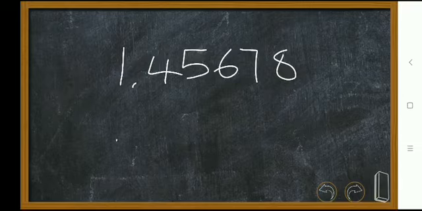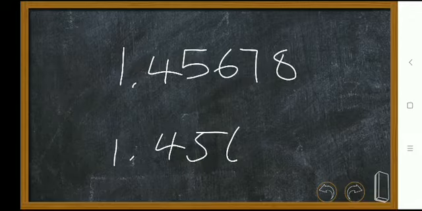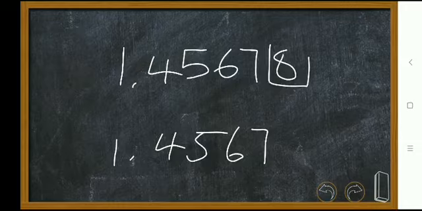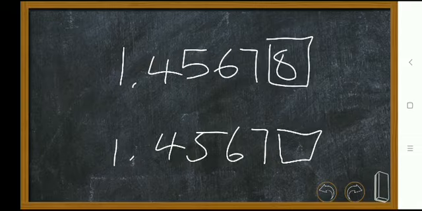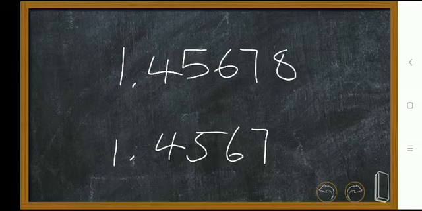And you also had this number. If you can spot the difference, this has an extra number and this has nothing here. So the other one has 5 numbers after the point, and the one below has 4 numbers after the point. This brings us to